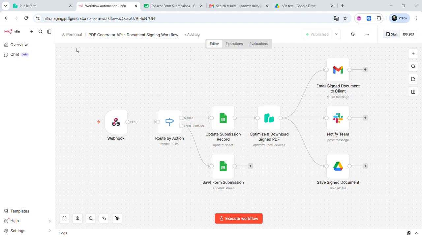Hello and welcome. In this video, we'll show you how to set up a complete document signing workflow using PDF Generator API forms and n8n. We'll walk through the entire process from start to finish. Preparing a template, building a form that collects a signature through our document viewer, and automating what happens afterward using